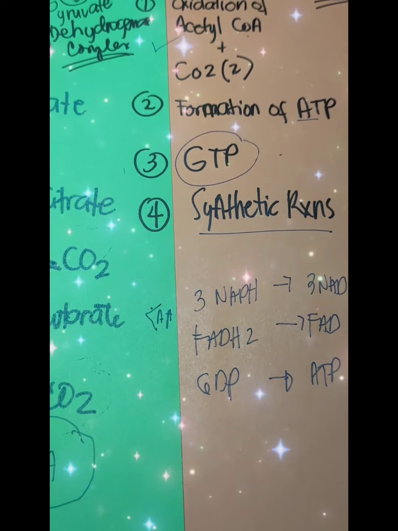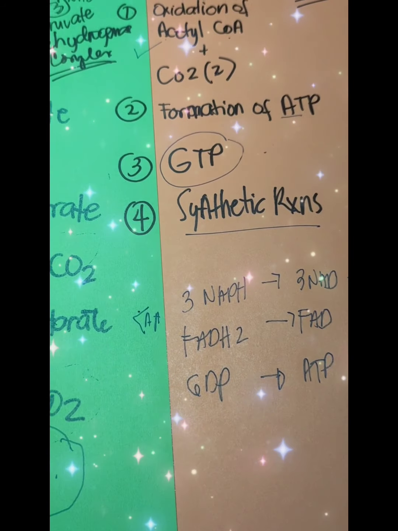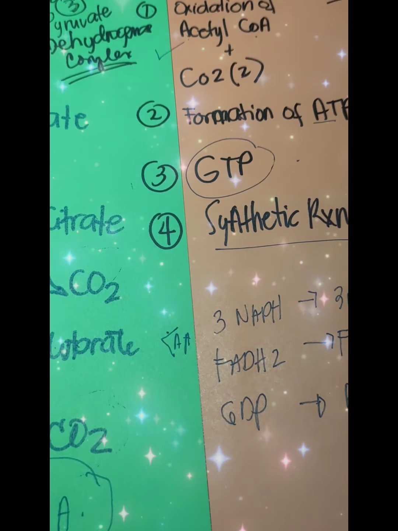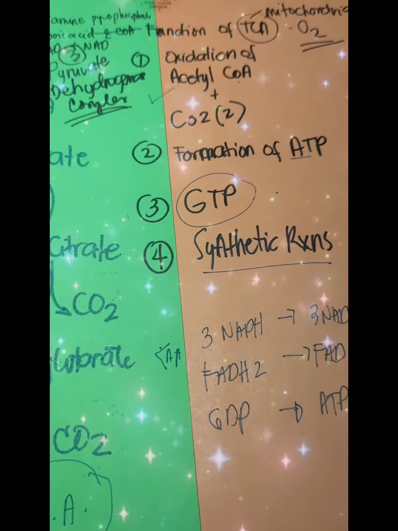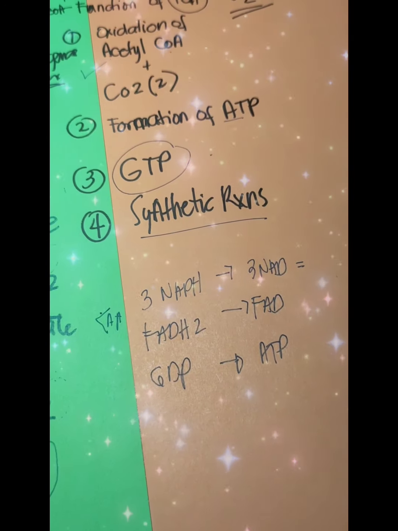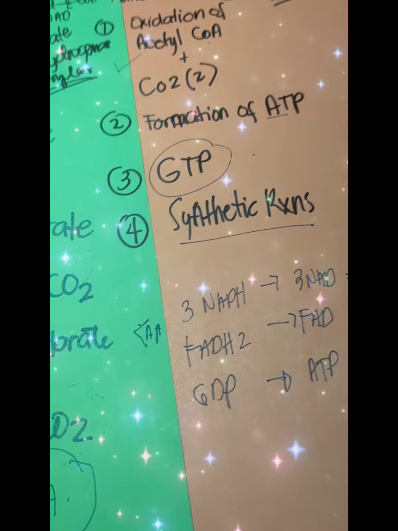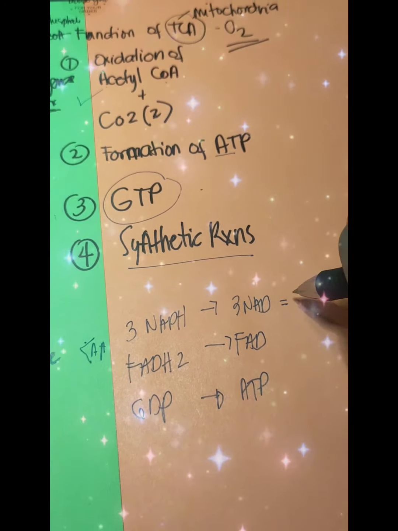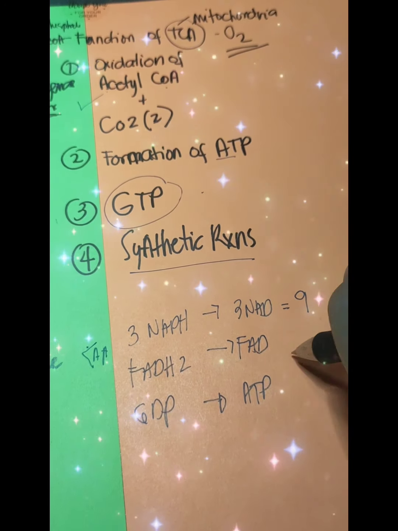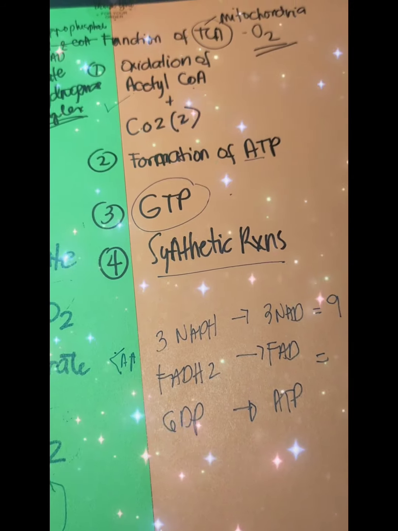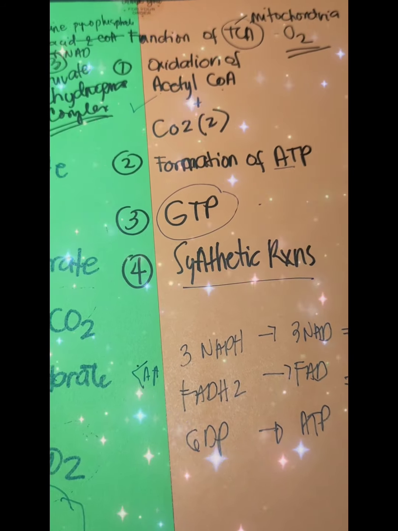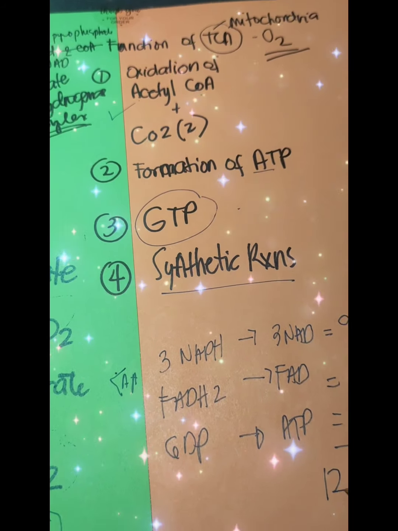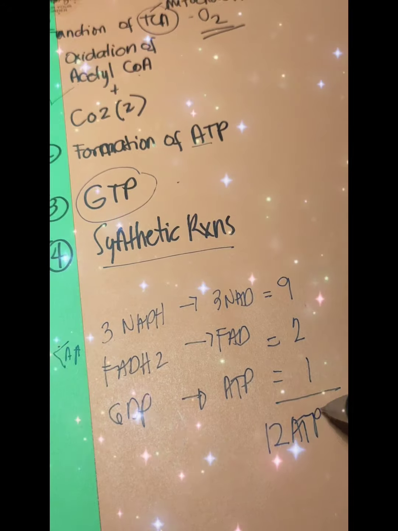So, each molecule of your NAD produces 3 ATP. So, 3 times 3, that would be 9 ATP. Your FAD will produce 2. And your GTP will produce 1 ATP for a total of 12 ATPs per